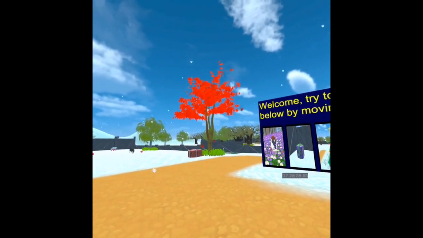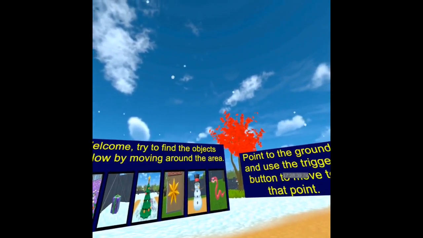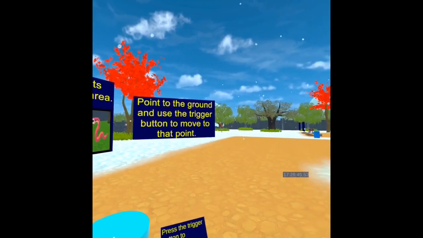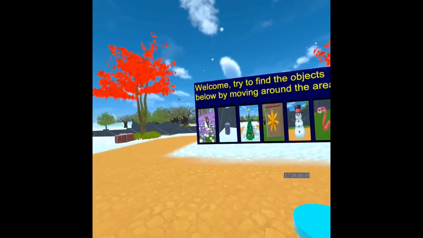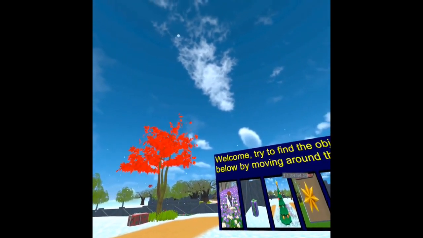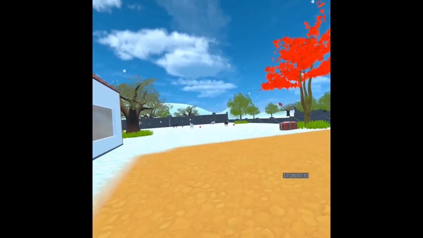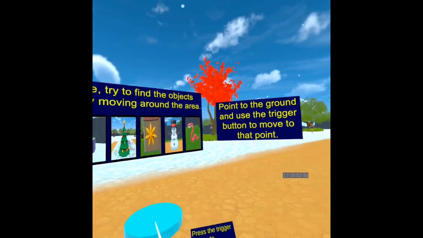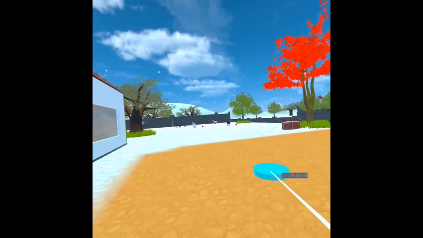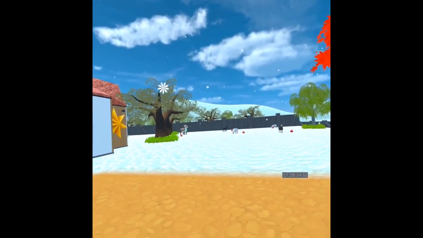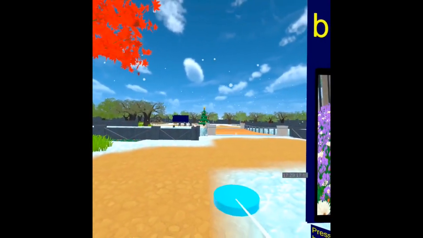So, during the last week of the study, given that it was close to Christmas at the time, I decided to add a bit more of a wintry feeling to the environment. As you can see, I added a particle system to simulate snowing, and I changed textures to indicate more that there's snow around the place. So I'm just going to briefly show how the environment looks here with these changes.